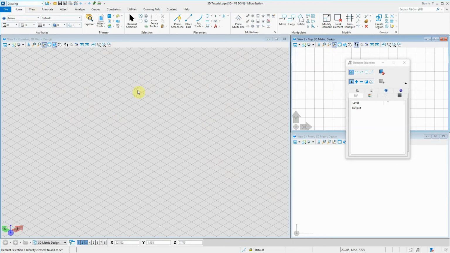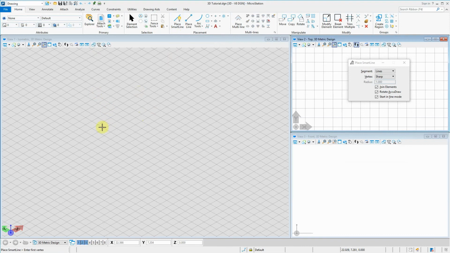So when drawing something, let's go ahead and create a smart line. Actually, if you press the space button, it has the pop-up menu, and you can select what you're going to do. It says placement, and we want to place a smart line. So our X, Y, and Z is set in this direction, and you can see how we have X, Y, and Z opened up here. In a 3D environment, that is what you would basically have. In a 2D environment, you will only have X and Y. Now,